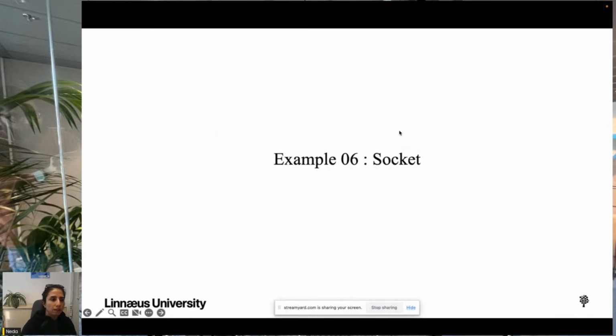So let's see example 6, a socket. In MicroPython programming, a socket is a way to establish a network connection between two devices over the internet. A socket is a software endpoint that allows two programs to communicate with each other over a network. MicroPython sockets provide a simple and consistent interface for creating and managing network connections, and the socket module in MicroPython provides a set of functions and classes that can be used to create and